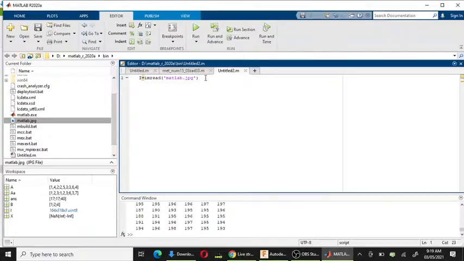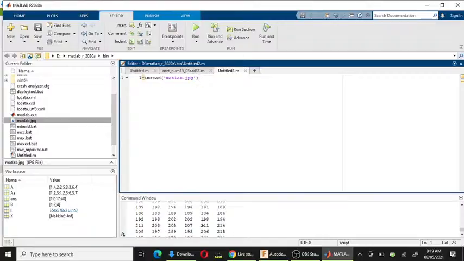First of all, we will study reading and writing images and displaying images. This image I did read. These are the matrix values, you can see. What is the image size? Image size 164 cross 318 cross 3 uint8. Yes, this is the size of the image. If you want to see or display the image, the imshow command is used to show the image.